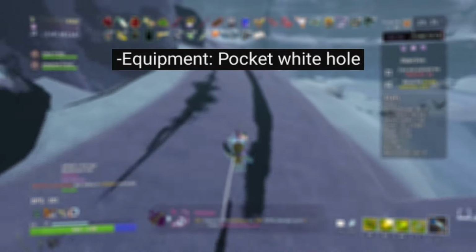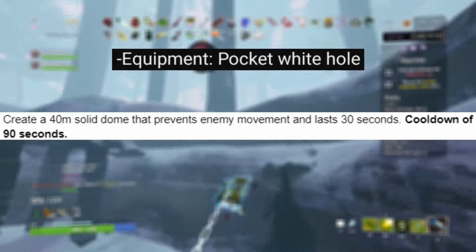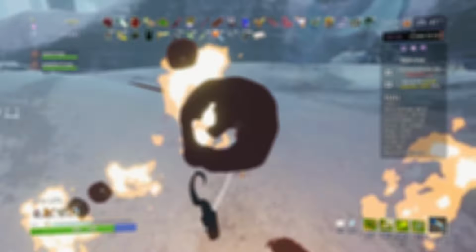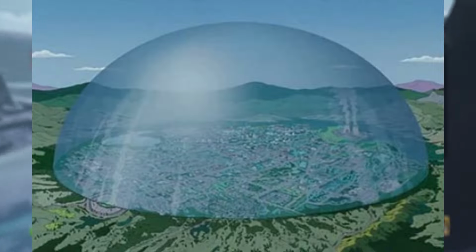The Pocket White Hole. Create a 40 meter solid dome that prevents enemy movement and lasts 30 seconds, cooldown of 90 seconds. So, I'm sure you guessed, but a white hole is a theoretical opposite of a black hole that pushes everything out of it. Honestly, this one is just that big dome they put over Springfield in the Simpsons movie, and I love it